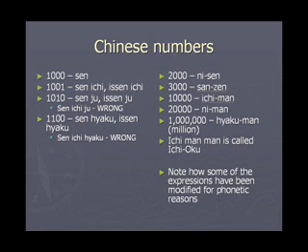Then let's go on to 2000. 2000 will be ni sen. 3000 will be san zen. You see again one phonetic modification. San zen. It is not san sen. It is san zen. Then you go to ichiman. Ichiman is 10,000. Ichiman, niman, sanman, etc. is the way it goes now.